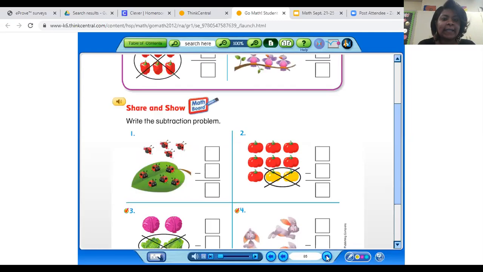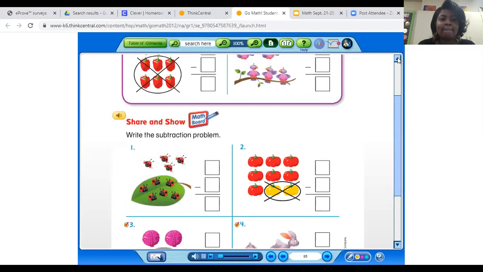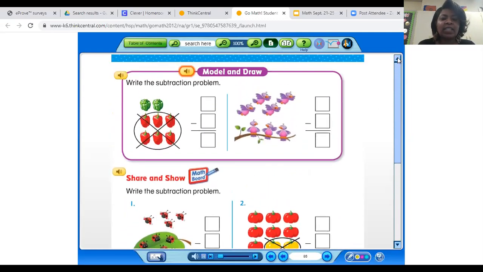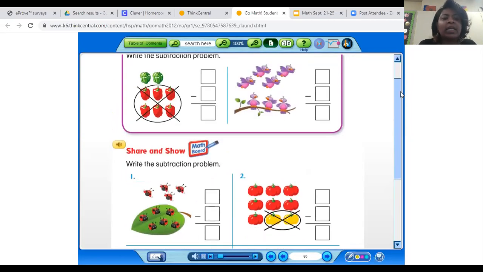Page 86. Let's write this subtraction problem. So how many green and red peppers were there? 1, 2, 3, 4, 5, 6, 7, 8. There were 8. There were a total of 8. How many are red? 6. So 8 minus 6 is equal to